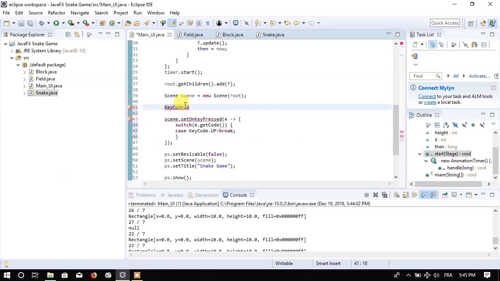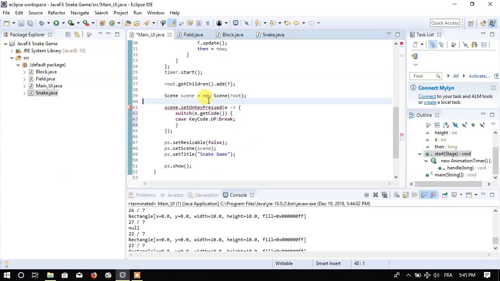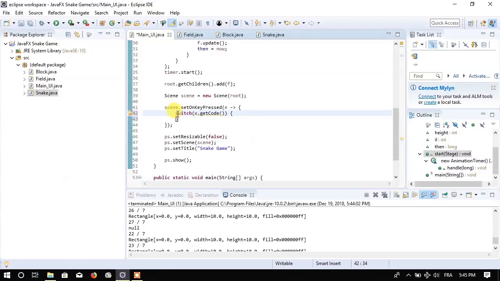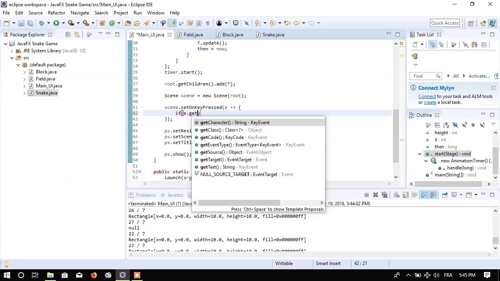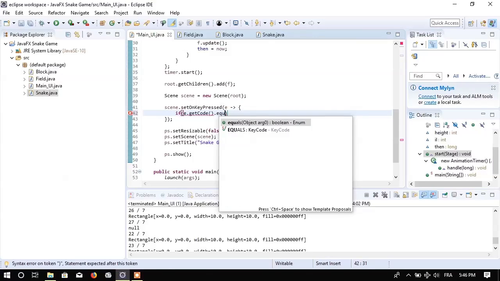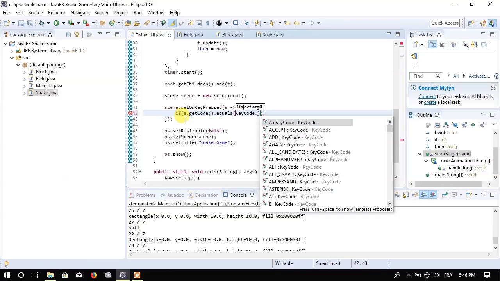Yes. It's not working in the switch. I don't know, I might just do an if else. If a dot get key code get code equals key code dot up,